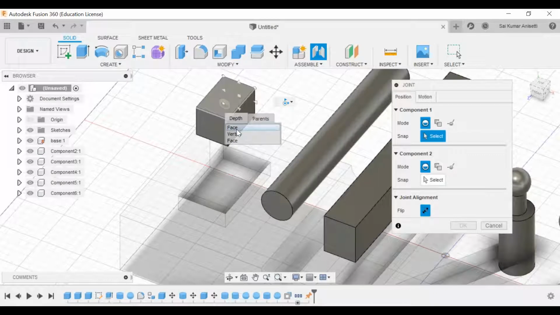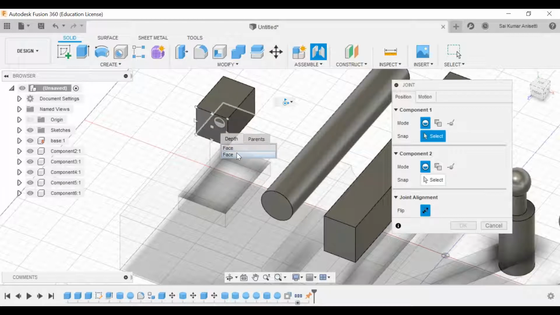Face 1, it is the front face. Vertex, that is the back vertex. Face, it is a hidden face which is at the other side, right? Again I repeat, press and hold your mouse button. It will show two faces. What are the hidden faces? Now if you want to select the front face, you can select the face which is visible to you, and you can select the face which is not visible to you.